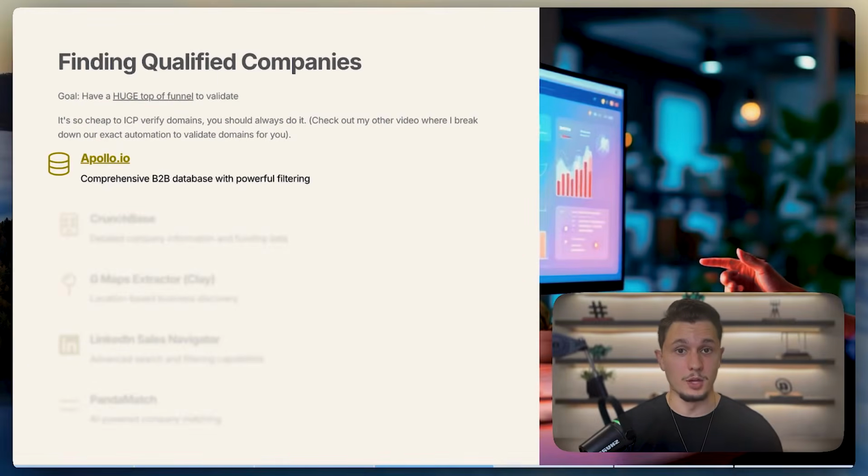Now, back to finding qualified companies. We want to combine as many tools as humanly possible in order to get the best results. So here are some of the tools that we recommend using and why use each of them. The first one, you probably already guessed, would be Apollo.io. I know you've seen it somewhere. I know you already probably have an opinion about Apollo, but let me tell you, Apollo is still a fantastic